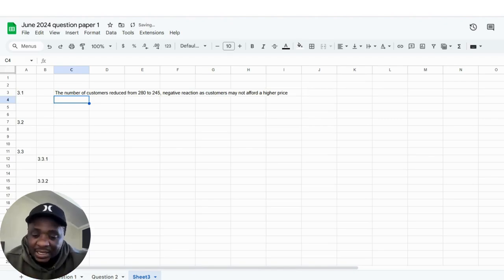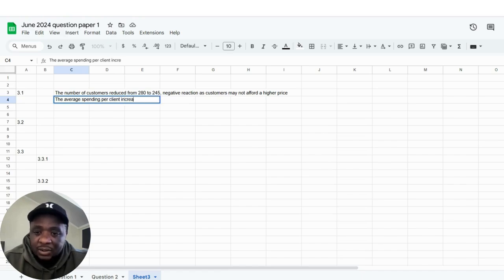Cool. But secondly, we can then add something that on the other part, there's a positive reaction because the average spending per client increased